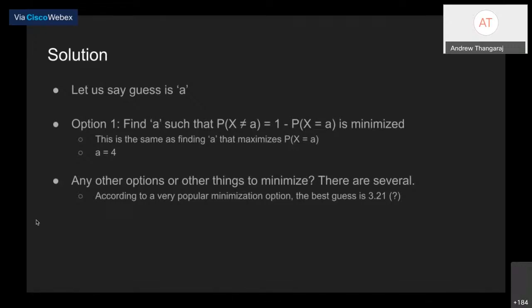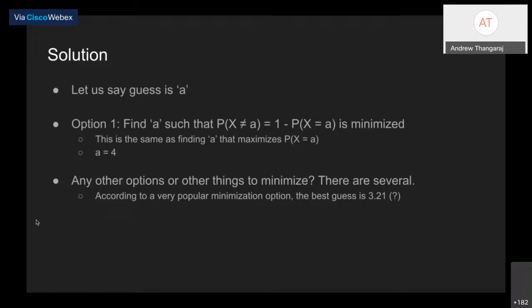Whenever you want to guess something or find something, you have to ask what is the objective. There has to be an objective to doing this, right? And if there is an objective, you can try to maximize it or minimize it. So that's what I meant by saying for some questions, before answering, you have to ask more questions. If I give you a PMF and I ask you to guess what value this random variable may take,